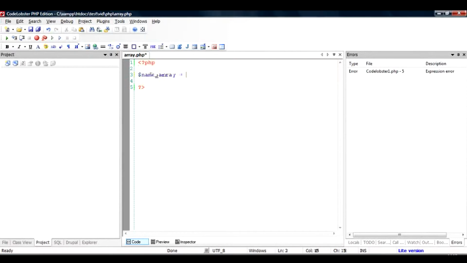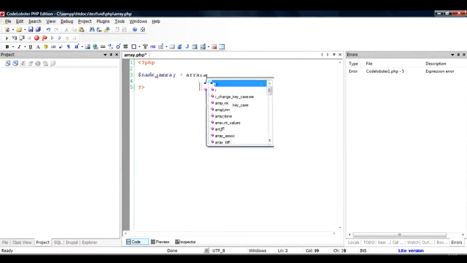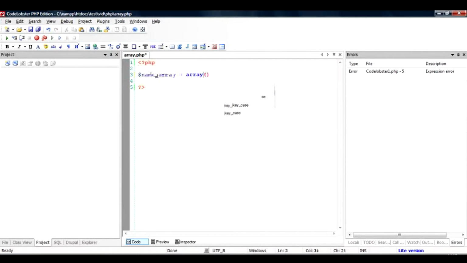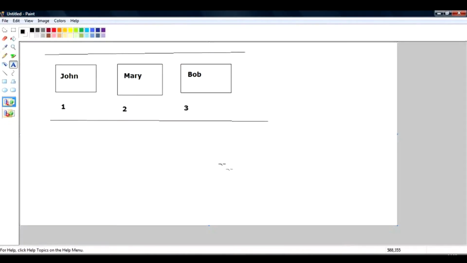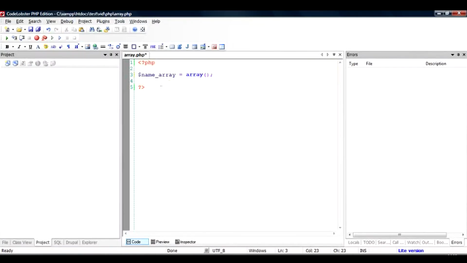To declare an array, all you need to do is use the keyword array, put in round brackets, open and close, and put a semicolon. That is how you declare an empty array.